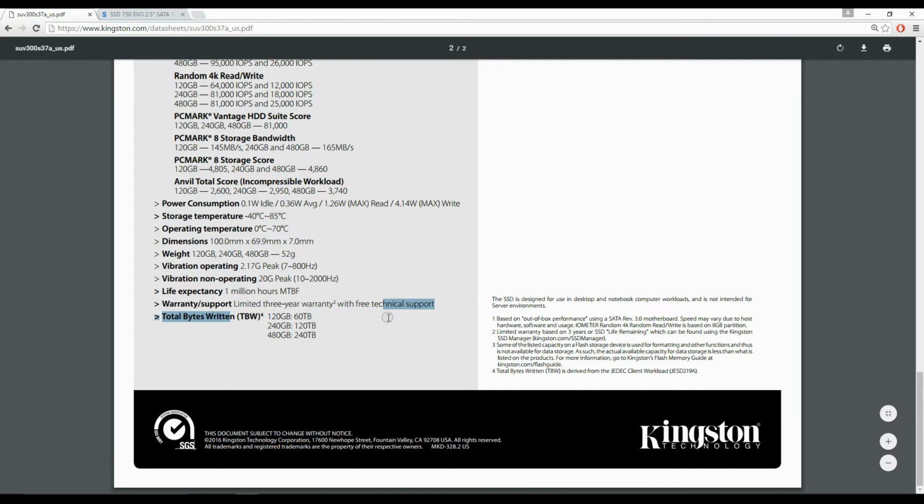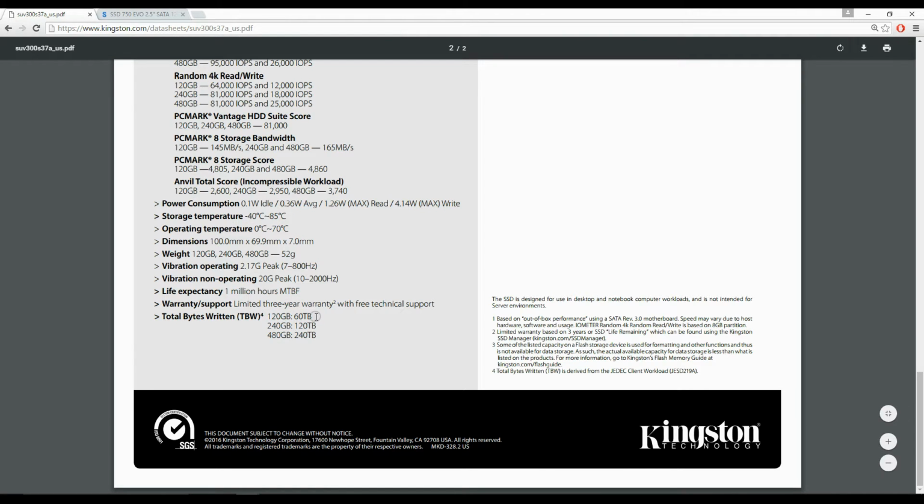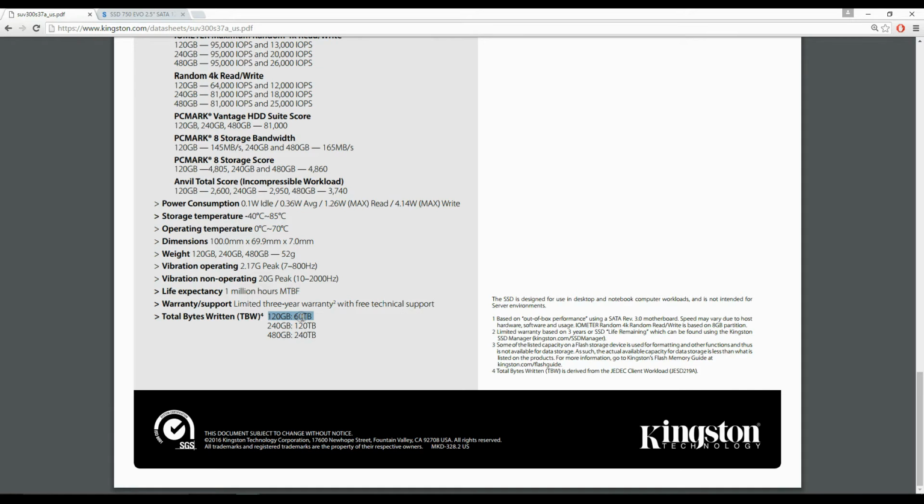I am constantly delighted with Kingston's endurance commitment in all of their series since the V100 models. They always add the highest TBW rating in all of their capacities compared to other brands. So let us take this as an example. Here it comes with a 60 terabyte endurance rating with 120 GB,